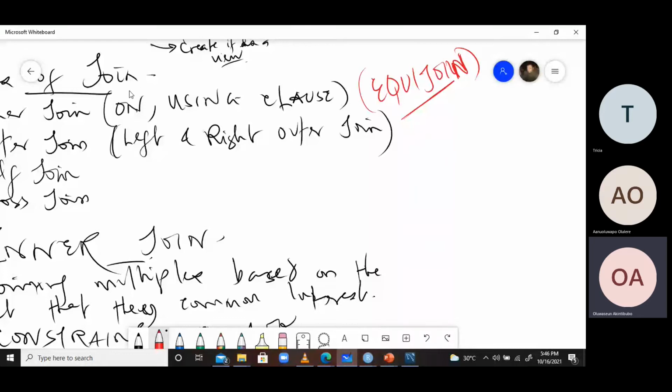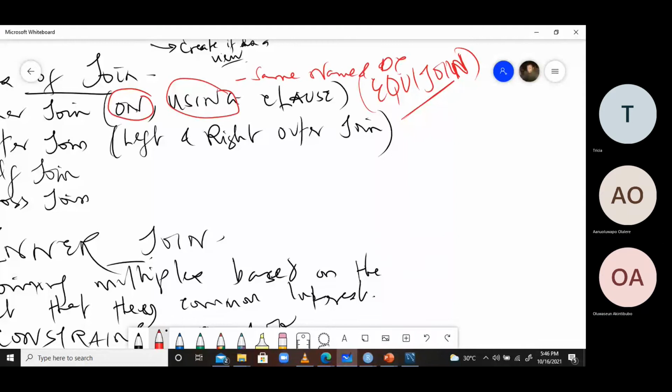So for ON and USING, for you to use both ON and USING, the columns must have the same what? Same name and data type, right? Same name and data type. So having said that,